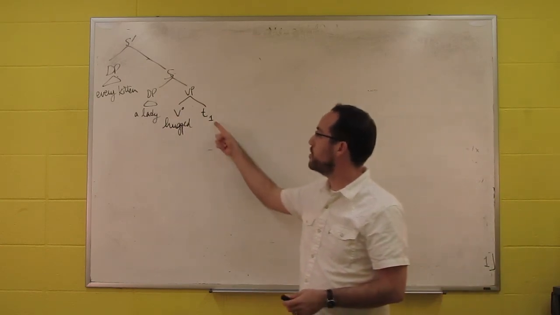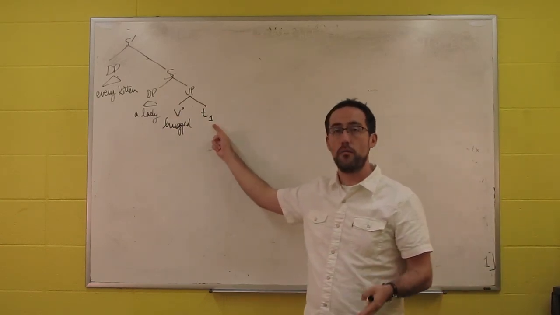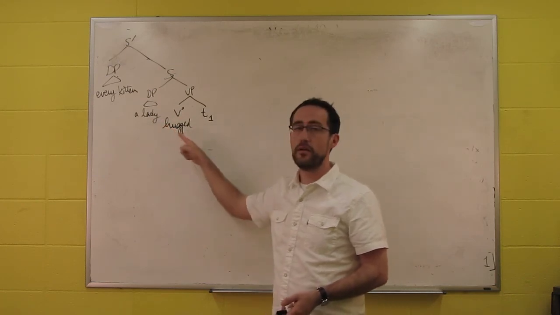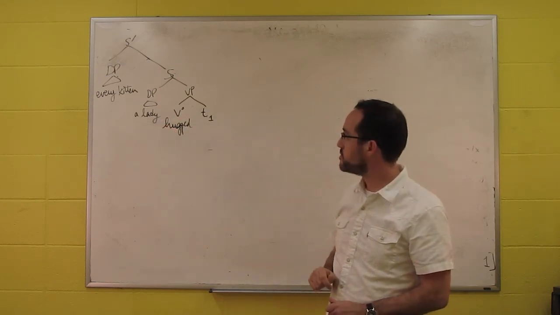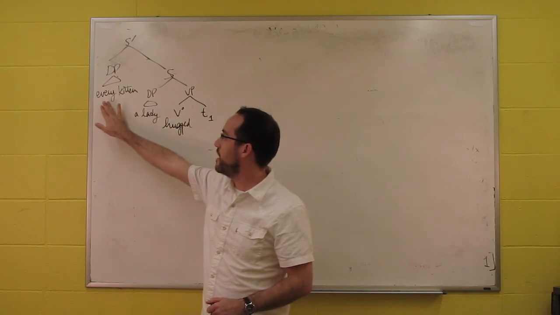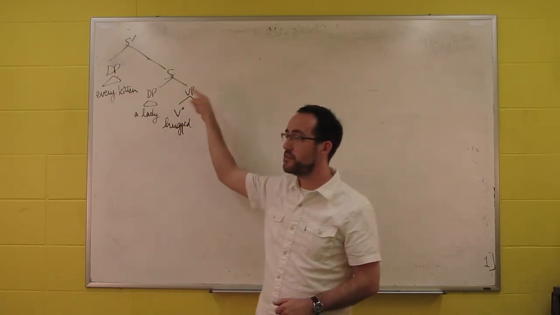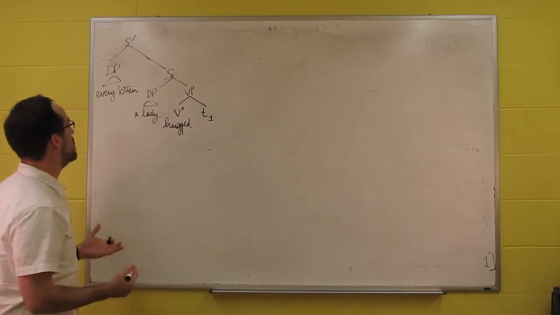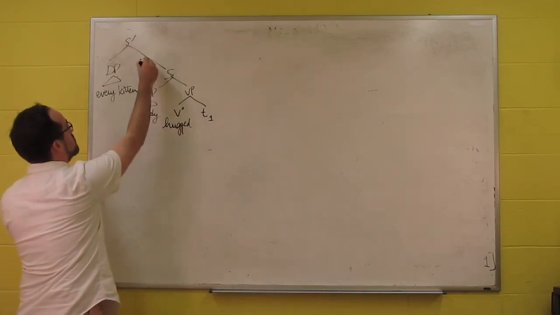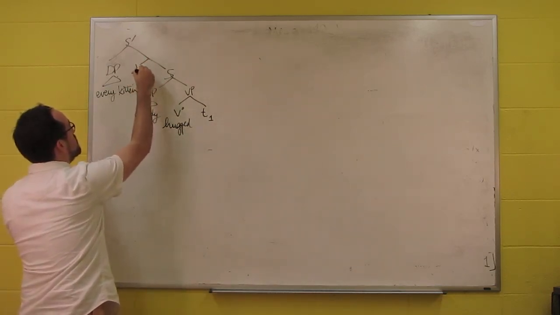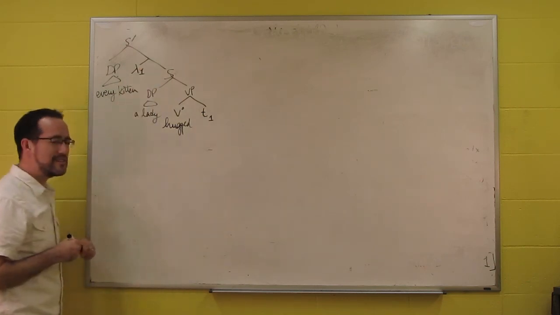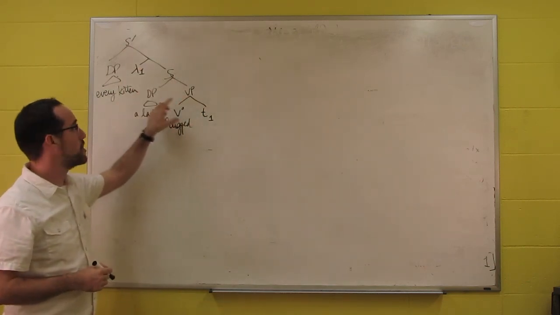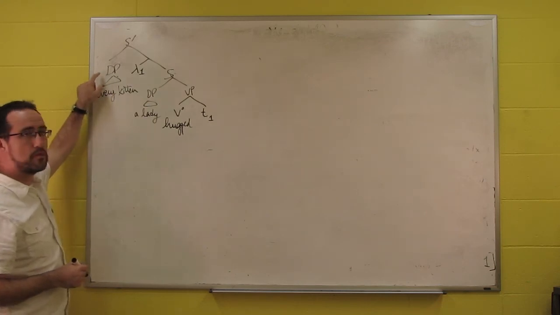We bind this variable, we create a property. What property? Well, the property of there being a lady who hugged you. And what we're going to say is that everything that has the property of being a kitten also has that property. But in order to create a property, we need to abstract, and in order to abstract, we need to bind. And so we'll put the binder as the sister to this sentence,